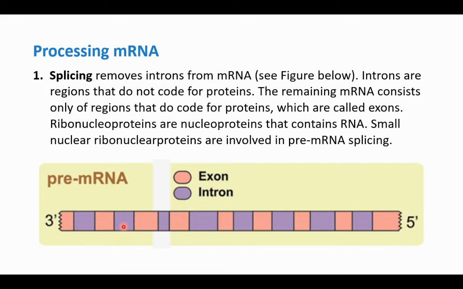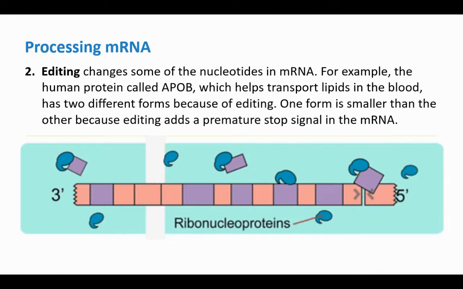Pero yung iba is exon and as introns. So, what would happen now, once na-identify na niya, it's gonna cut that area, and then you're going to have an editing here, which is called the APOB, that removes the introns inside the chains. And then, pag didikitin na silang lahat, you have ribonucleoproteins that will take out the introns. Magkakadikit na si introns, and then afterwards, the last step is the